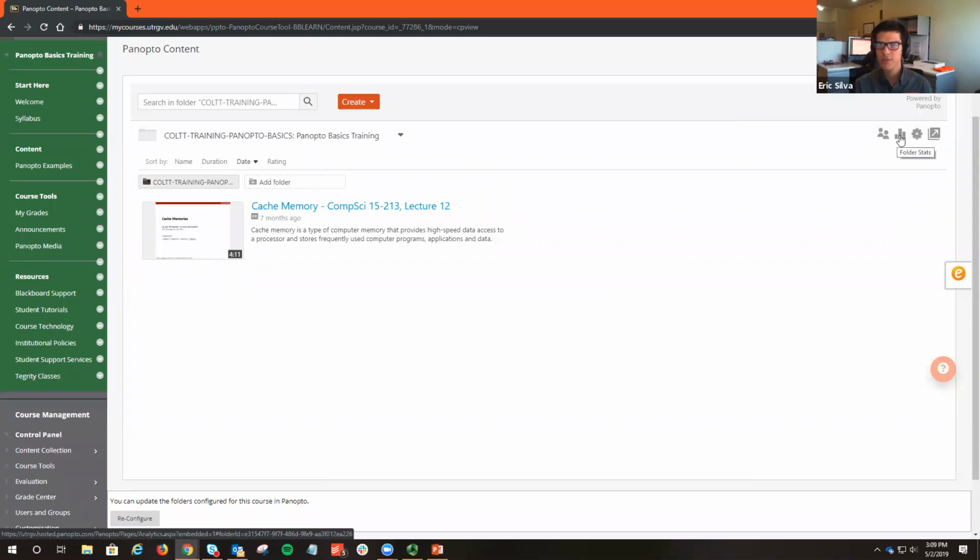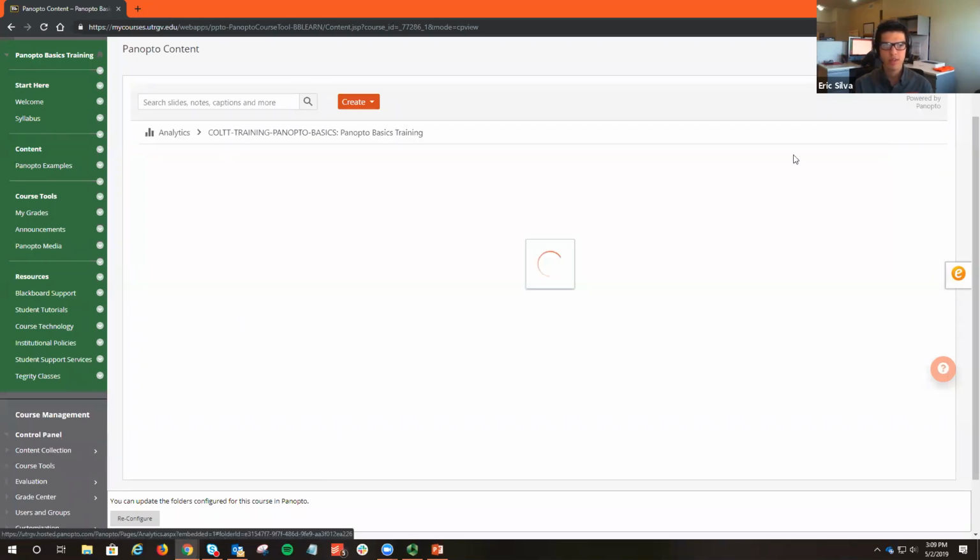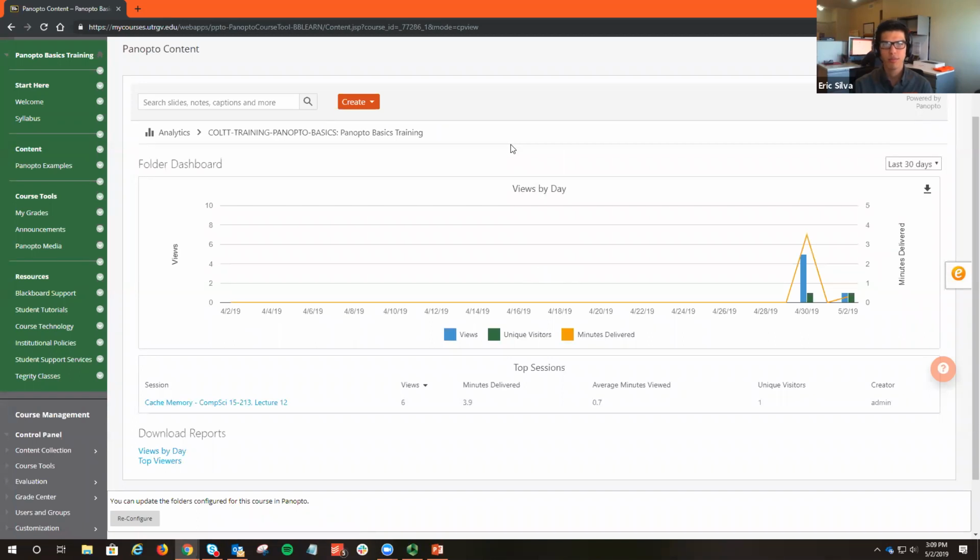Right next to that is the folder stats tool. What's neat about Panopto is that it now gives you more robust analytics. When your students are watching your videos, you're now able to go back and determine the number of views that each video has, what days they're watching it, how long they're watching it, and it will even give you specific data as far as which users are viewing a video. So you can actually go and click on the link,